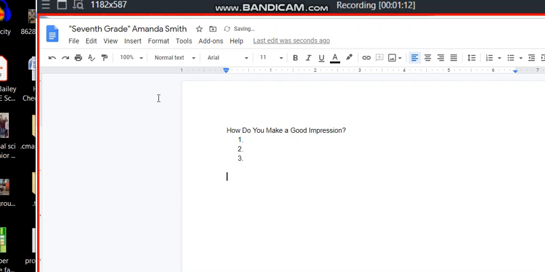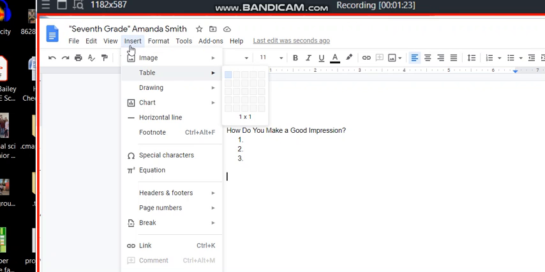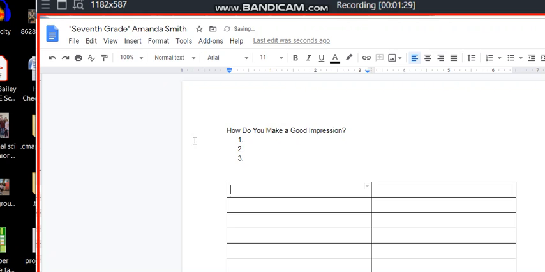Then on page 35, under Reading Strategy Connect, it asks you to make a table. To make a table, you'll click Insert, Table, and our table needs to be 2 by 6. If you'll go ahead and insert your table, and then we will add our headings. The first heading is what's happening in the story.